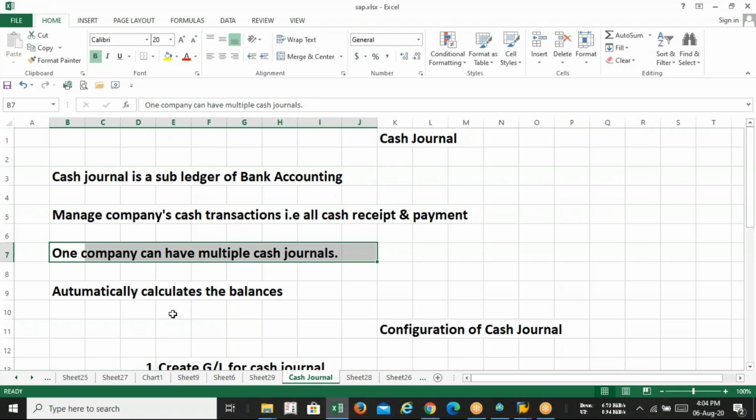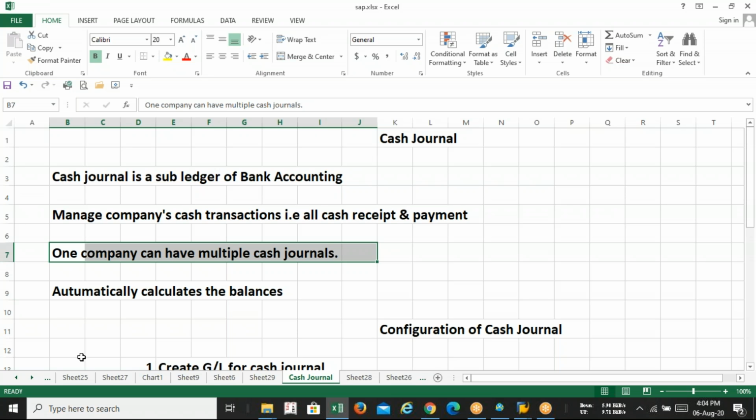So in today's class we are totally focusing on the cash transaction, cash deposit, cash withdrawal. Today we are going to see how we pass the contra entry in SAP also. So are we ready with the configuration? Before moving into the configuration, please make a note of the features or characteristics of the cash journal in SAP FI. At least these 4 points you have to maintain whenever anyone asks regarding the cash journal.